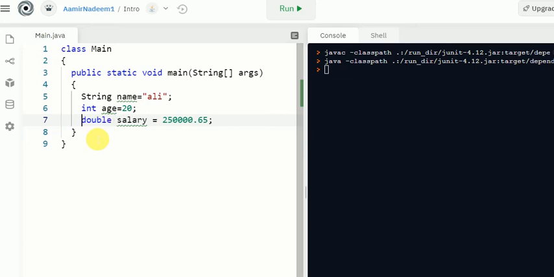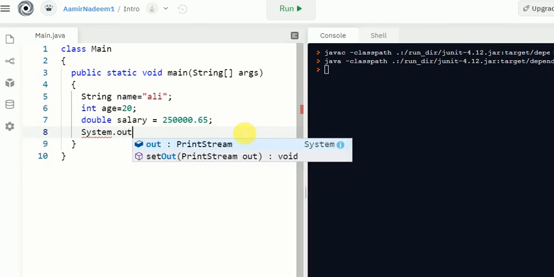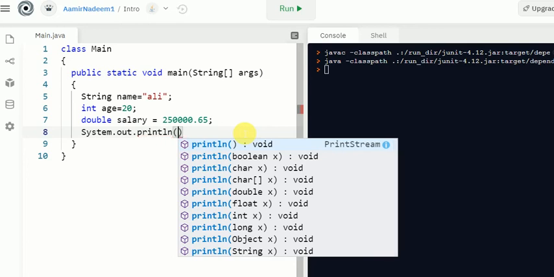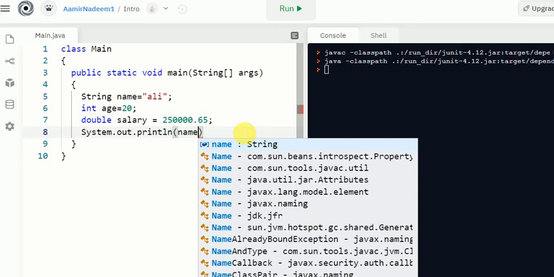And when we have to use them, obviously we can print them. This is very important. Whenever we have to print a variable, whenever we have to display the value of a variable, we have to use a print statement. And for that purpose, we have to use System.out.println. Okay, now if I write name like this,